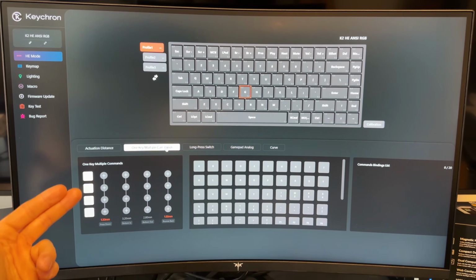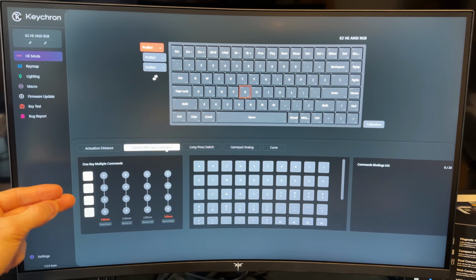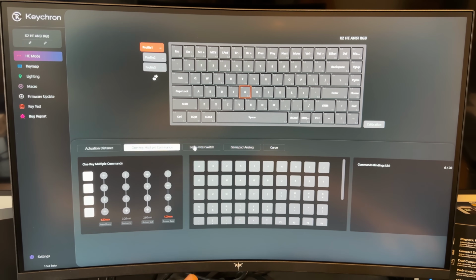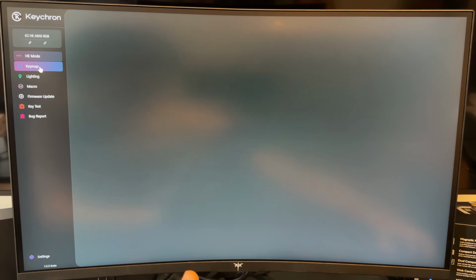And now you can understand how it is possible to assign multiple commands to one key. So when we check the actuation distance, if we go just slightly in, we can trigger the first action. Close to the middle, the second one, after the middle, the third one, and when we press it down all the way, we can trigger the fourth one. And this can be used for all sorts of things. Really, your imagination is the only limit to this keyboard. And again, there is also much more, but we have to move on, otherwise this video will be over